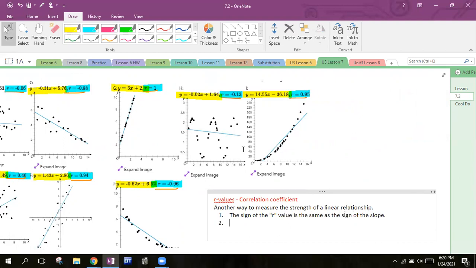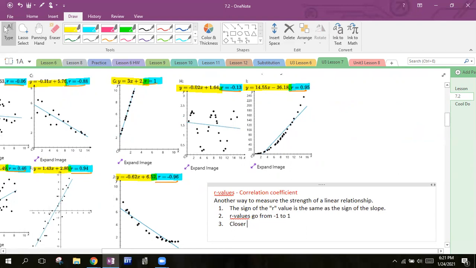Also, something that you need to know is that R values go from -1 to +1. You can see that in all of these here. Okay, they all stay within that range. Now, what do those mean? Okay, the closer the R value is to 1 or -1,